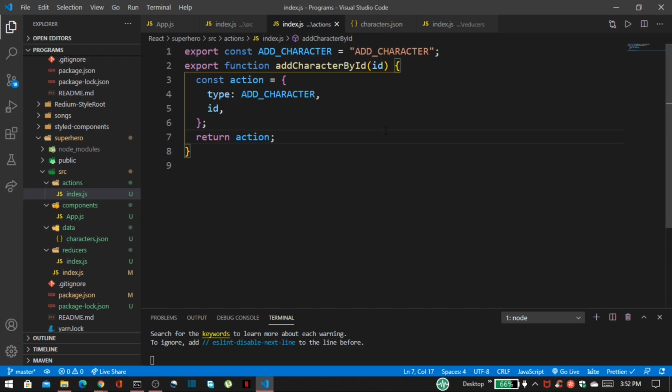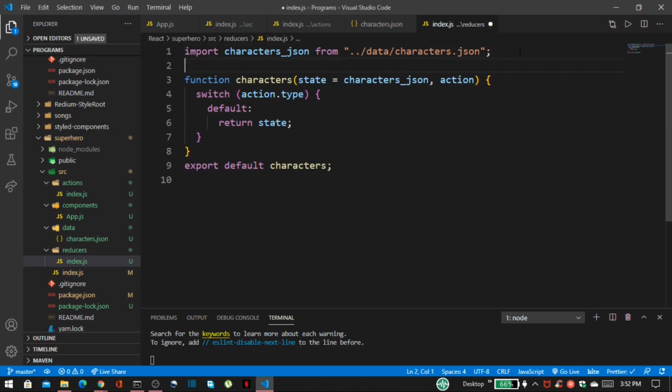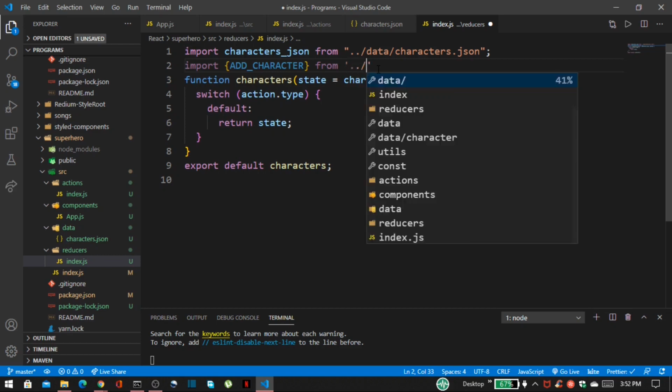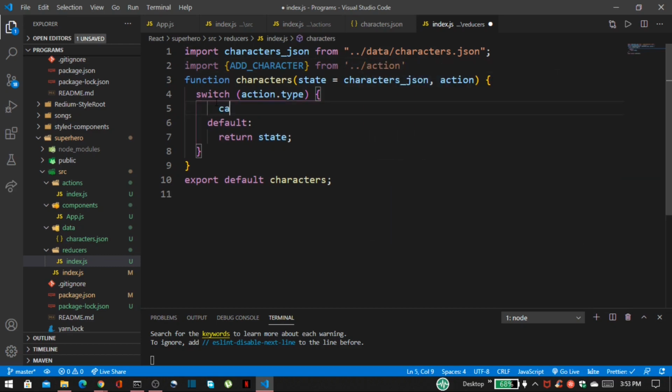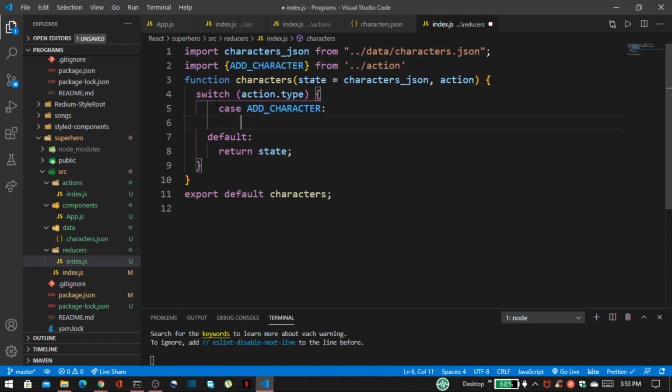Now get these actions inside our reducer file, because by the end our reducer handles whatever update is taken from our react.js file. So here we want to import our add character from actions, and inside this switch I want to pass this case add character, and let characters.